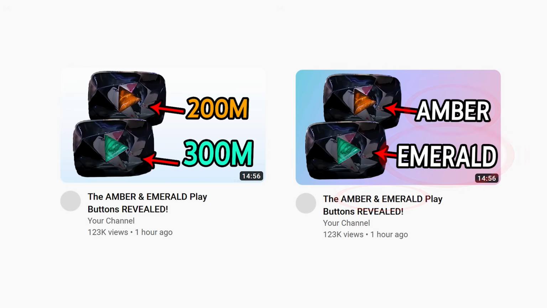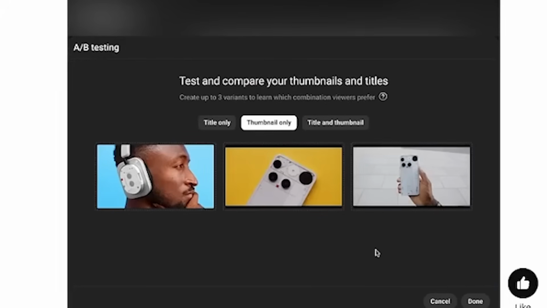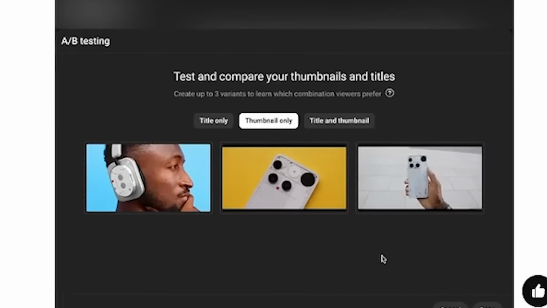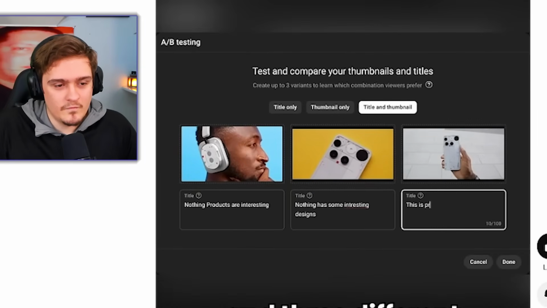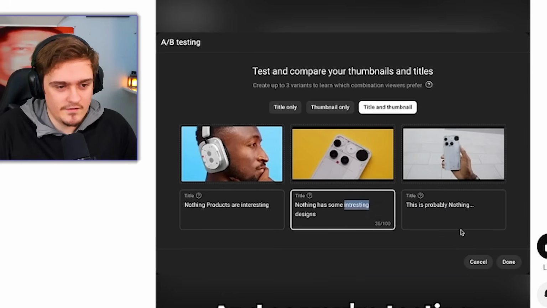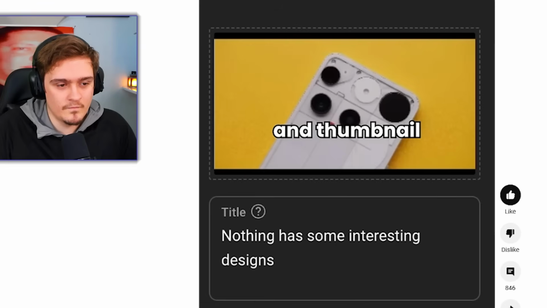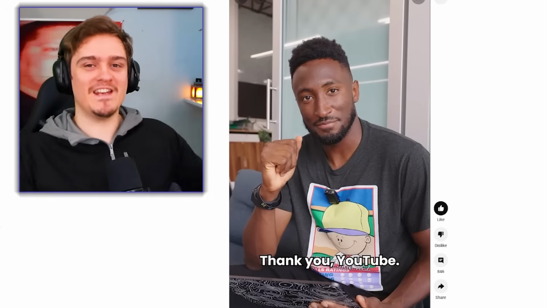But now with this new feature we're going to watch the rest of here, you can see there is now a title and thumbnail A/B test option, and a title only option as well. So this is really, really cool. You can actually try 3 different thumbnails and 3 different titles, A, B, C testing. And so you're testing each of them in pairs, so you can see which pair of title and thumbnail works best. Wow. Thank you, YouTube. Thank you, YouTube. That is actually a really, really cool feature, and I would love to try it so much.